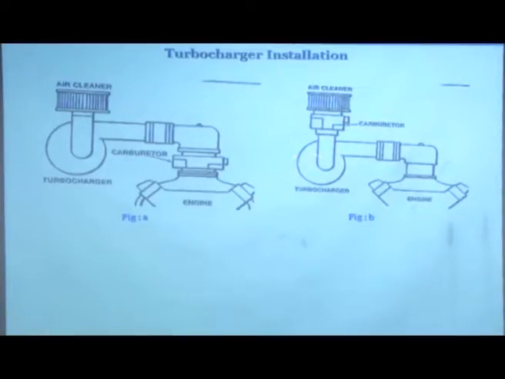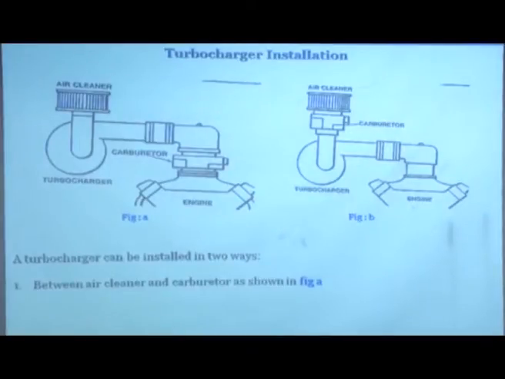So, what you are dealing with here in the turbocharger? A mixture of fuel and air, and then it is being given a lot of kinetic energy. So, what happens is, when you do that, fuel separates from air. So, you will form the mixture here in the carburetor, but it will separate. So, there will be some issues. So, these are the two issues. This is figure A, design B.